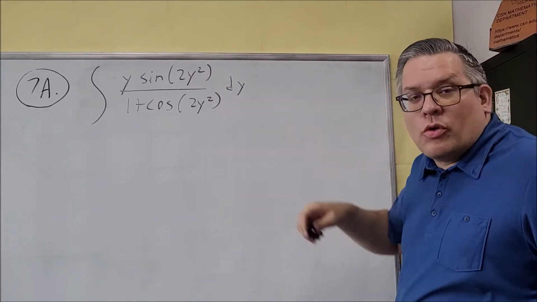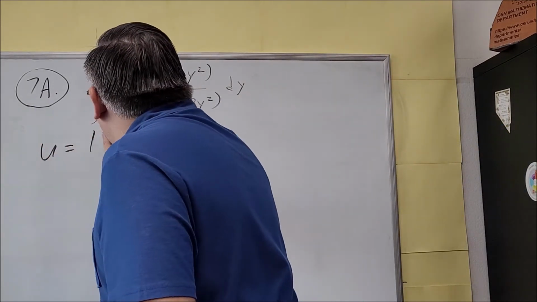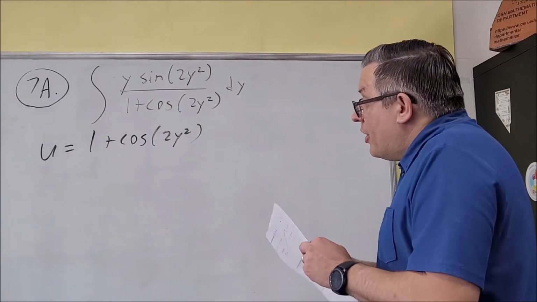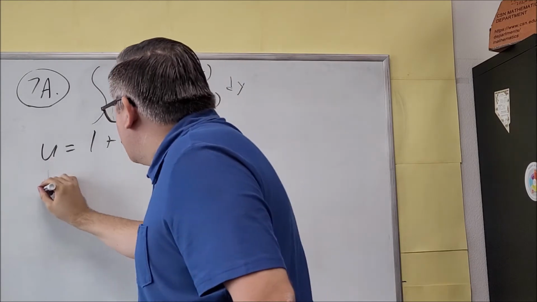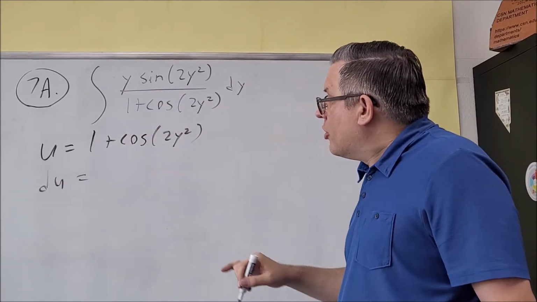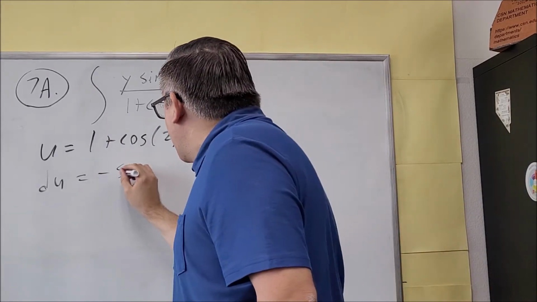So I'm going to let u equal the bottom one in this case. So u is equal to 1 plus cosine 2y squared. And then I need to take the derivative of both sides. Now on the left side I'm going to get du. Now on the right hand side, derivative of 1 is 0, but then the cosine, derivative of cosine is negative